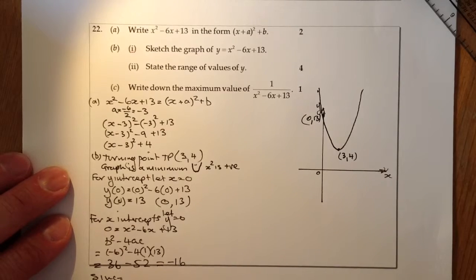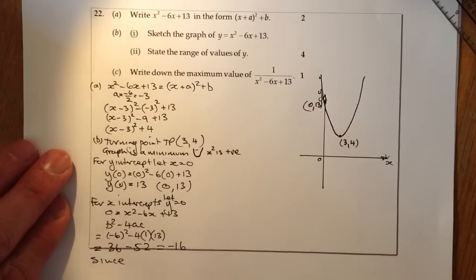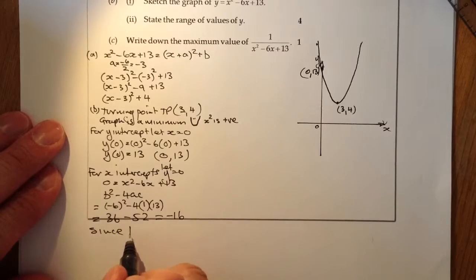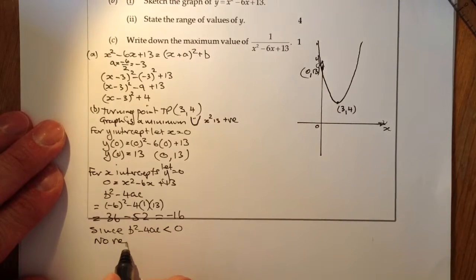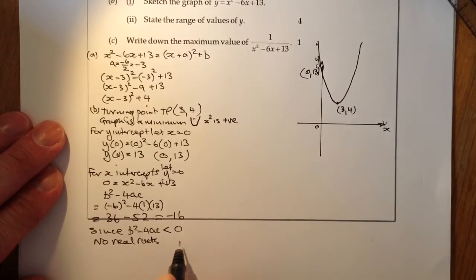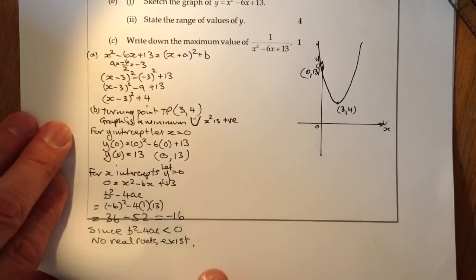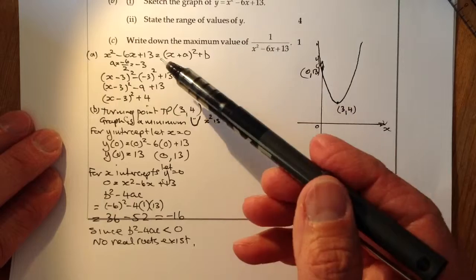And I can see that since b squared minus 4ac is less than 0, no real roots exist. Okay, I didn't have to do that, but I'm just trying to show you that that's